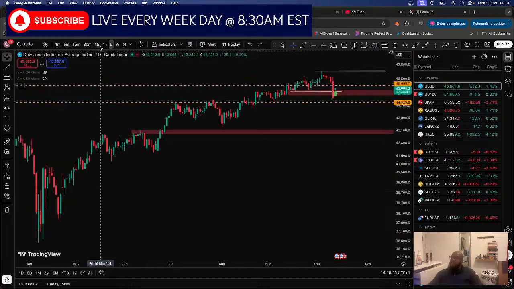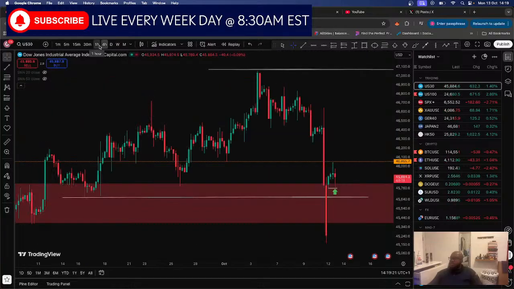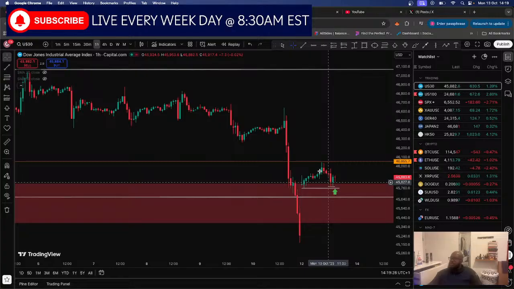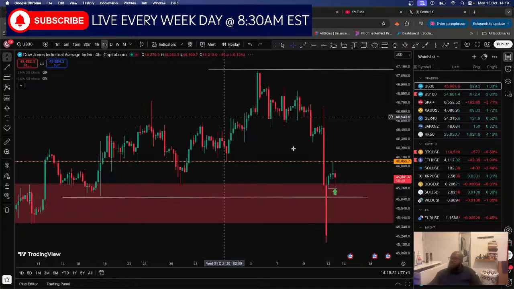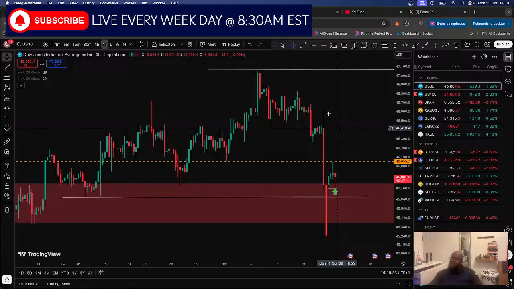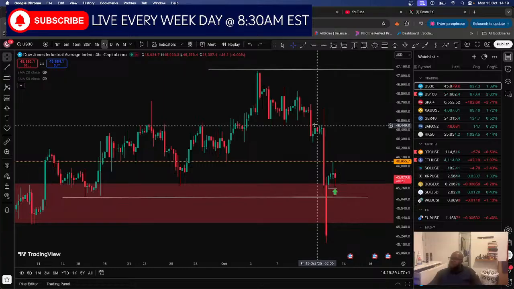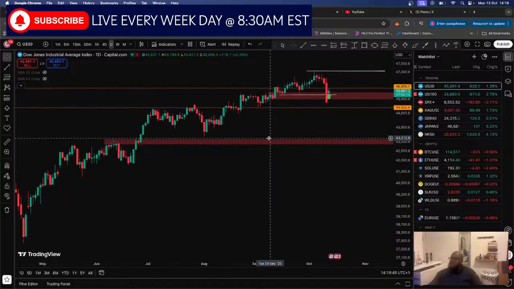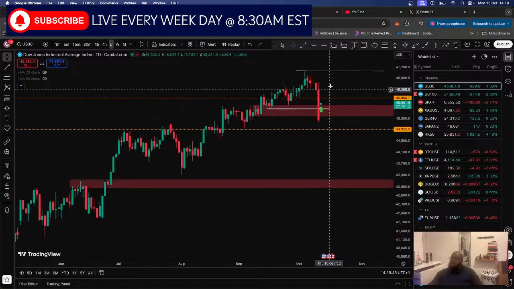The main reason for that is obviously we're trying to get all of these levels into confluence, the hourly chart into confluence, the 4 hour chart into confluence, which is going to require a massive rally above this level, and turn the trend upwards on the hourly chart and the 4 hour chart. So I'm expecting massive rallies over the next couple of days,